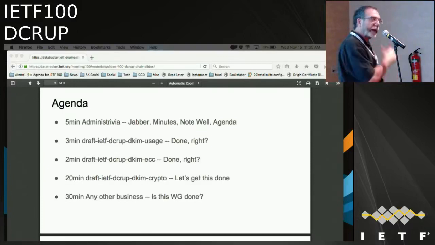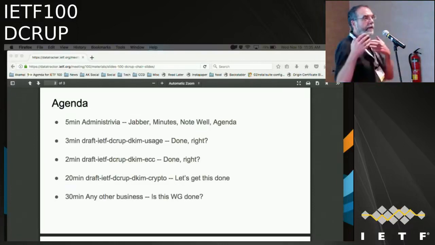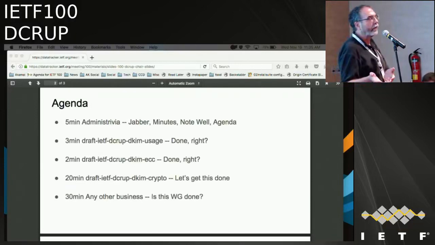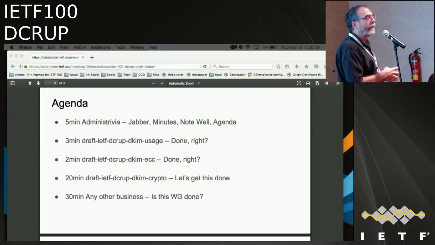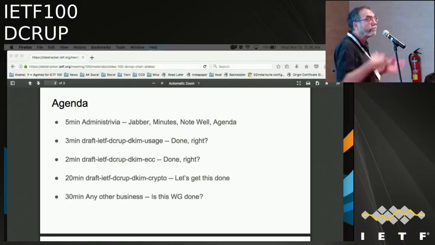So the bad thing about ECC is that the libraries are only slowly becoming available, so it'll take a while before we can do it. The bad thing about hashed keys is that there is a patent, the status of which we don't know. I gather that, even though the author is in the room, he no longer works for the company that owns the patent rights. It's Cisco, who historically have been pretty reasonable, but we don't know. So that's where we are now.